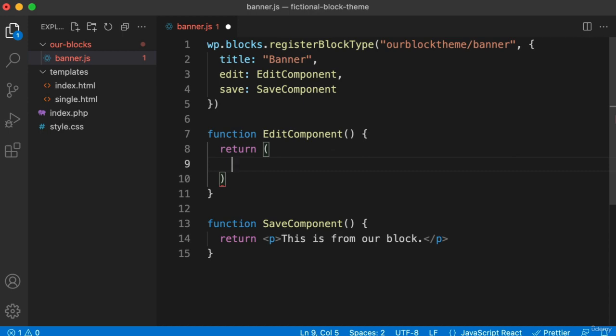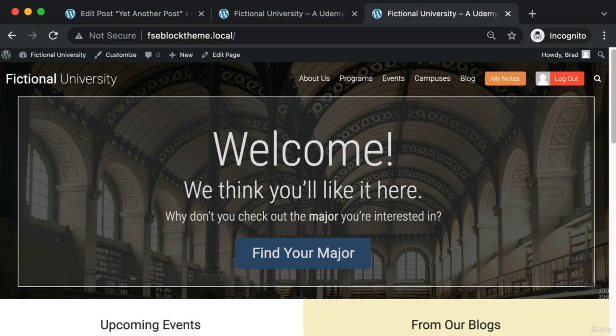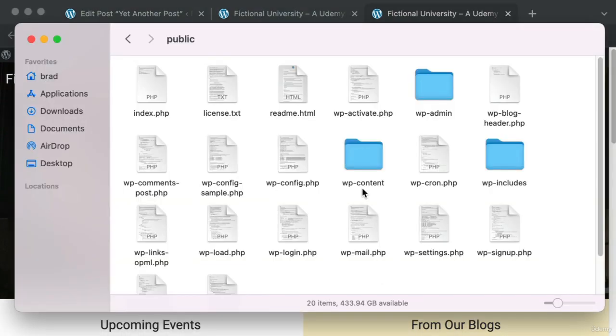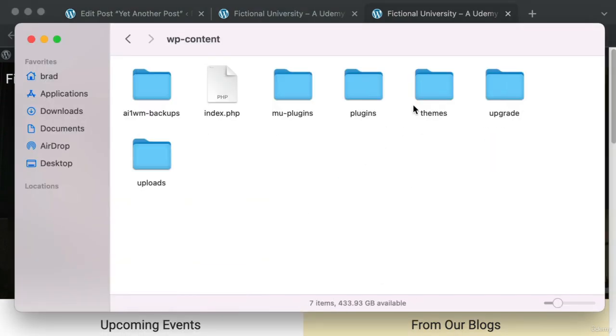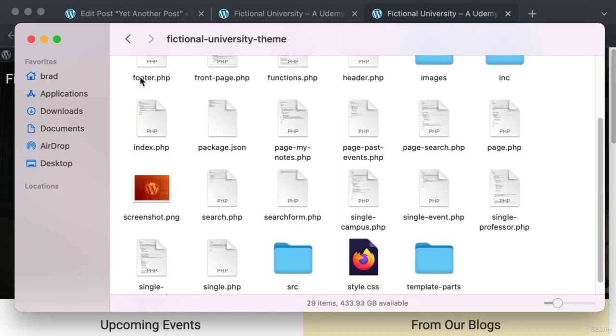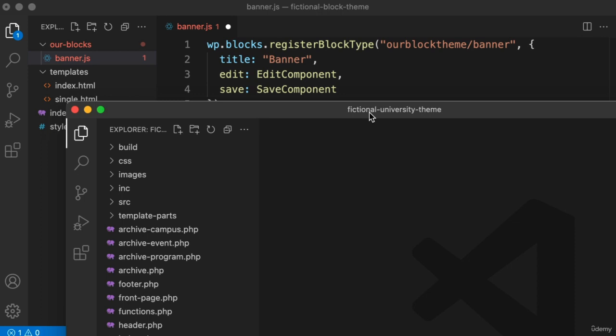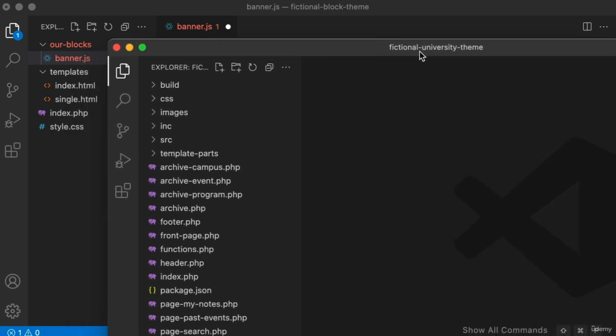In between the parentheses, we can drop down. And now we don't need to reinvent the wheel. We already have this HTML laying around. So let's just copy and paste it and then adjust it to work as JSX. So within the WordPress directory for this website, if we go into wp-content, themes, you and I have already created a fictional university theme together step by step. So let's just dig into that folder. Or better yet, let's just open up that folder entirely in VS Code. Cool. So this window is the traditional fictional university theme. In this folder, just jump into